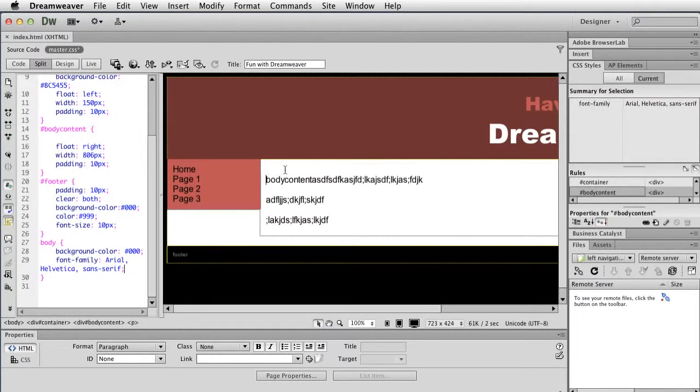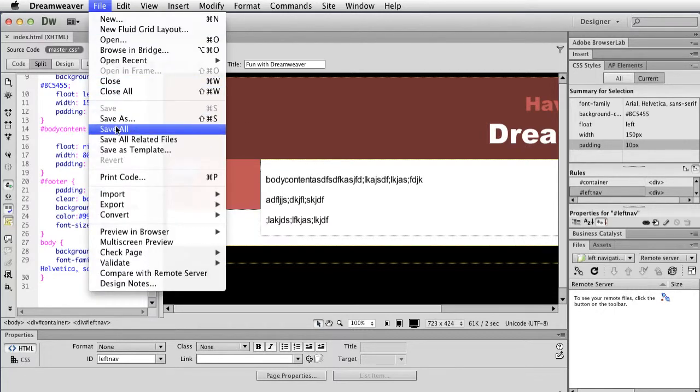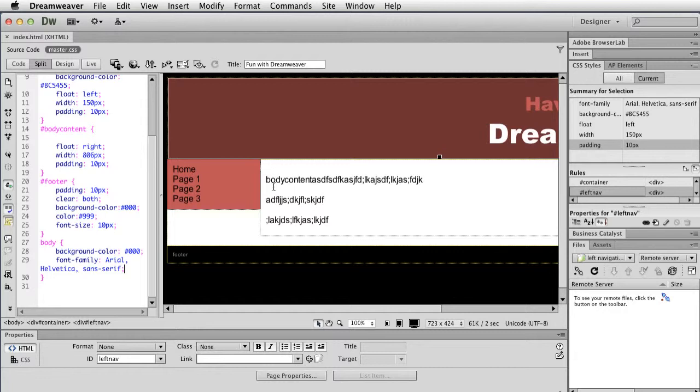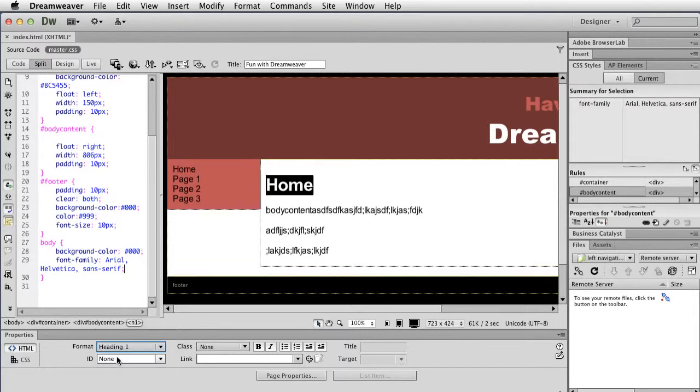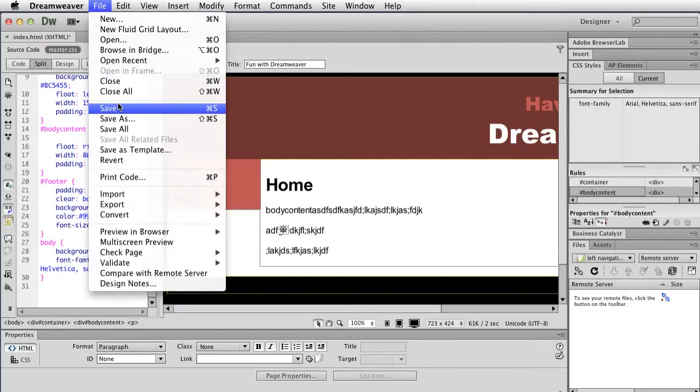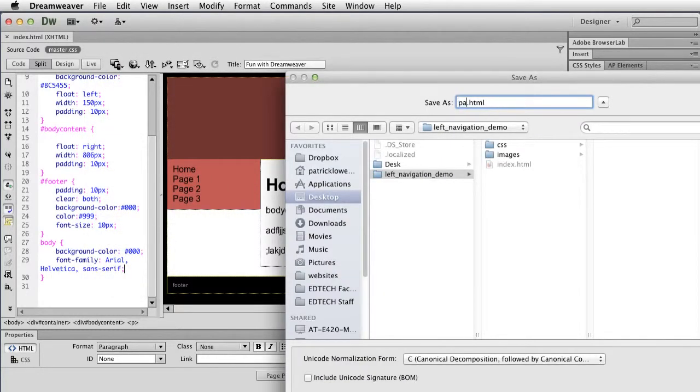The next thing I would play with is how to get things more aligned, how to focus on adding headings, CARP, and some other very important things. So right now I'm going to do a save. I'm going to type in home, and I'm going to highlight that. I'm going to make that an H1, and I can later use CSS to change the size of that. But now I'm going to save this, and now I'm going to do a file, save as, page 1, and